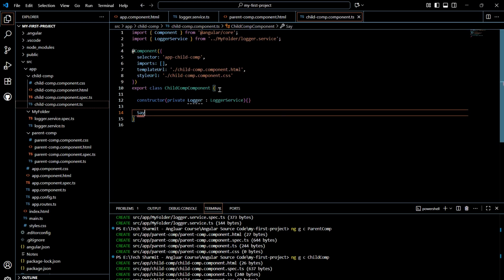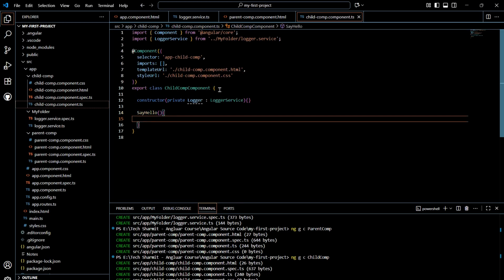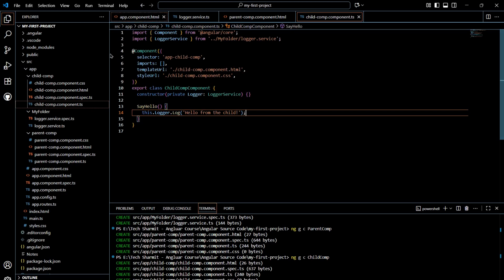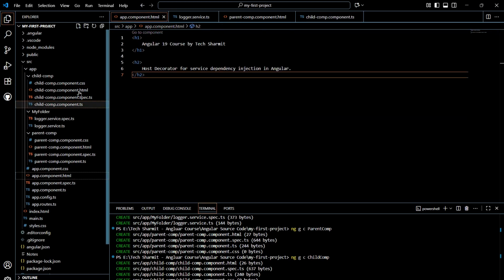Here I will create one method, say hello, and in this method we will just simply pass this.logger.log, and here I will write "hello from the child." That's it. Okay, and now to execute this thing, we will go to the app child component